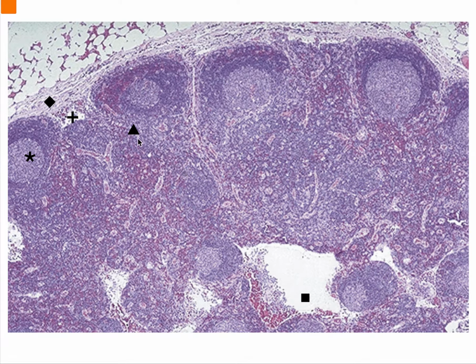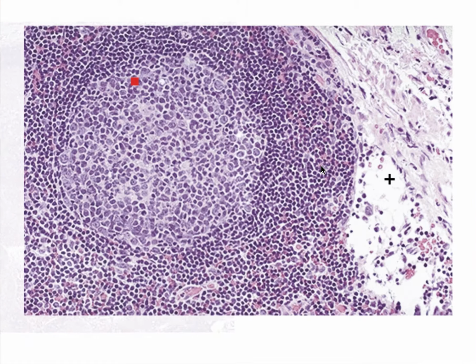A normal lymph node, we see capsule with germinal centers. These germinal centers have nice follicles with nice germinal centers and retained mantle zone and open sinuses and a paracortical region with some vasculature. This is all benign. Again, at higher power, a lymphoid follicle with a nice benign germinal center. Sometimes they can have tingible body macrophages, a retained mantle zone, small vessels, and open sinuses or